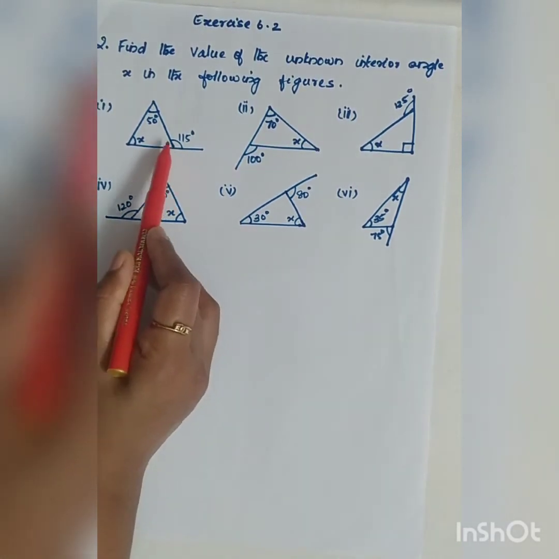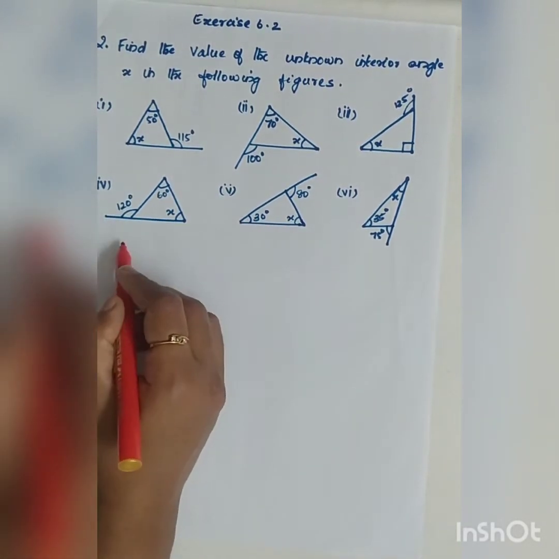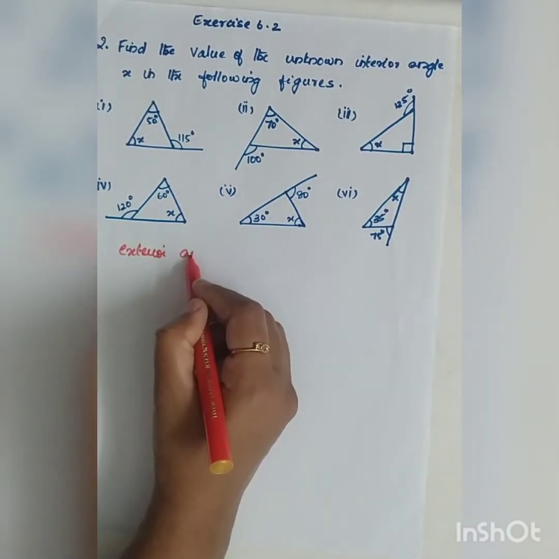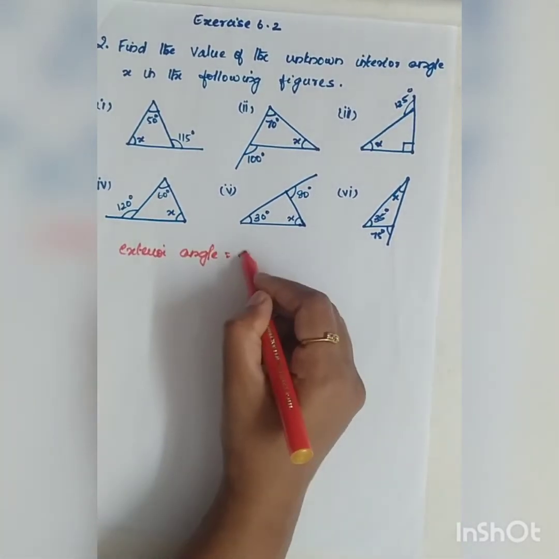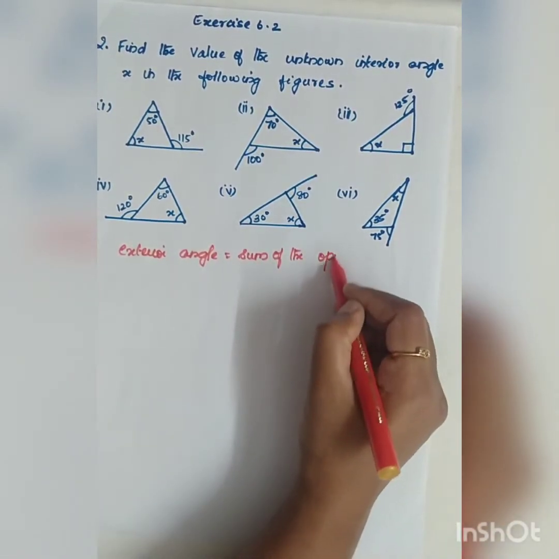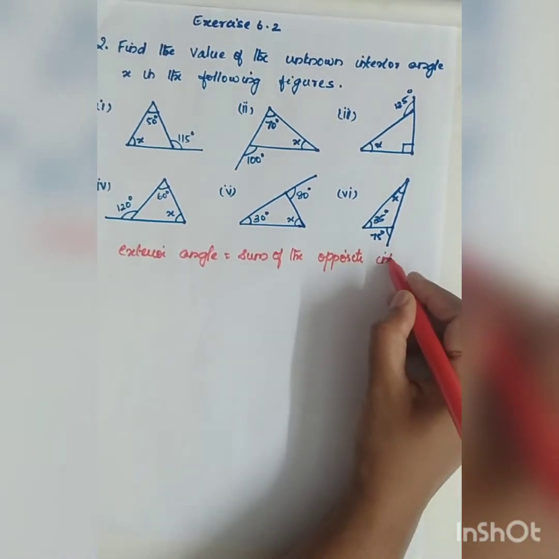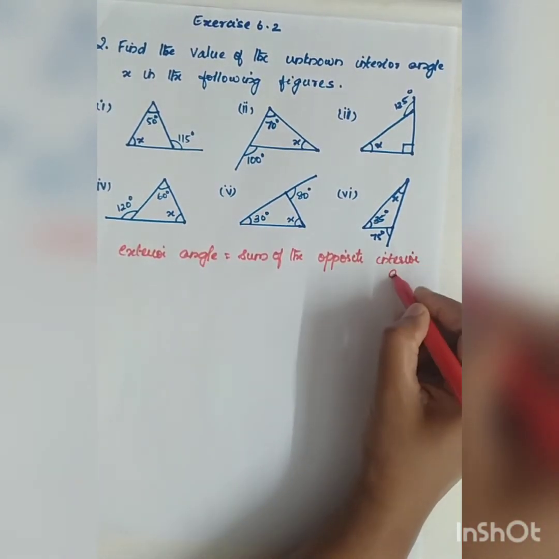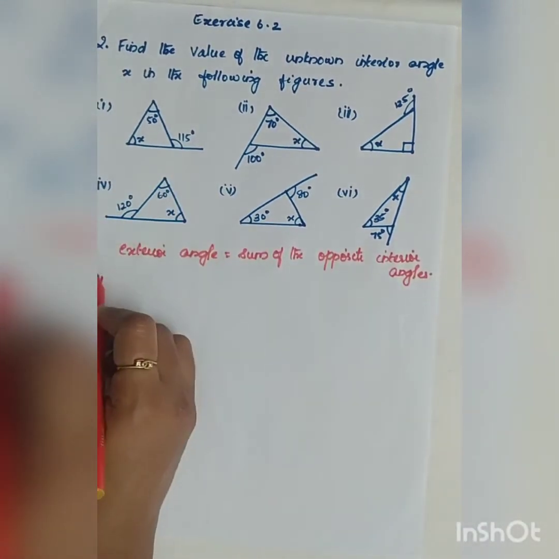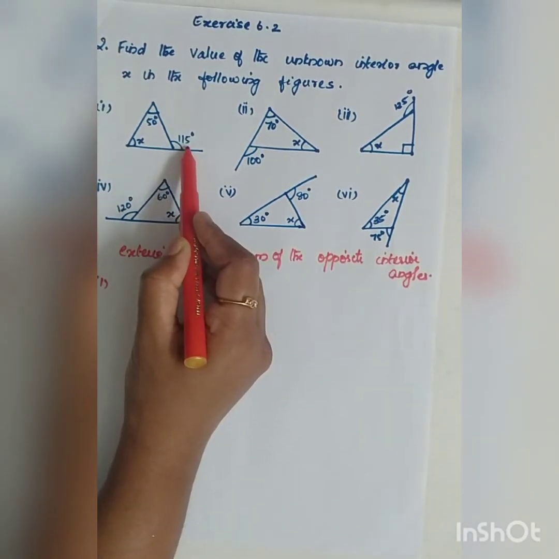We have one exterior angle given. So as per the exterior angle property, the exterior angle is equal to the sum of the opposite interior angles, right? So when we take the first question, we can tell that the exterior angle 115 degrees is equal to